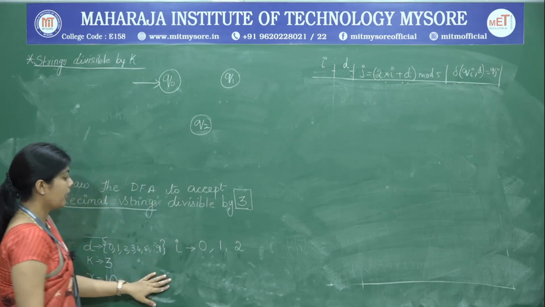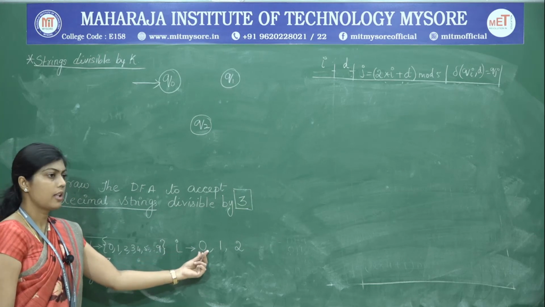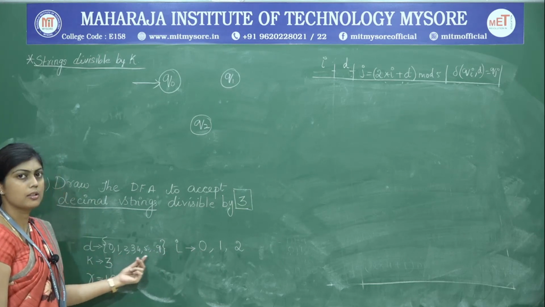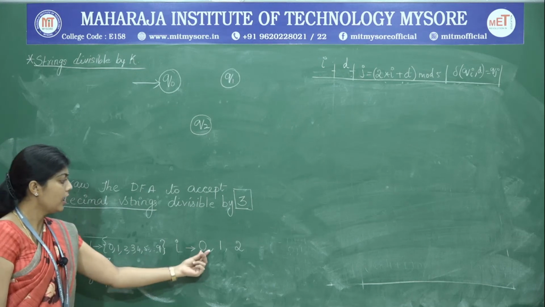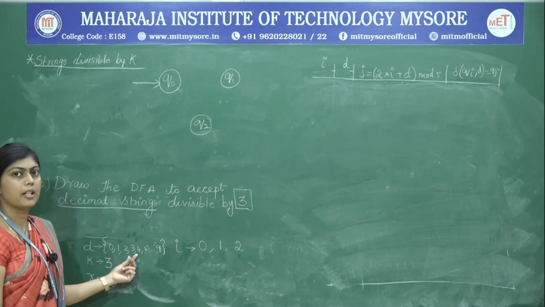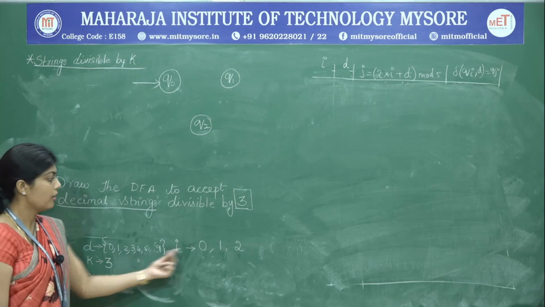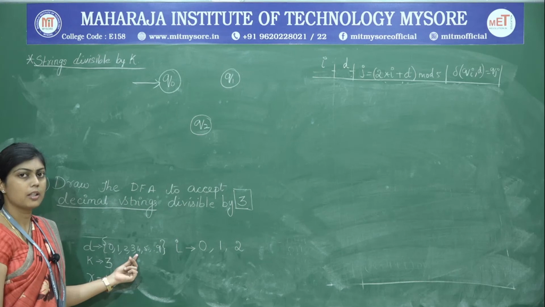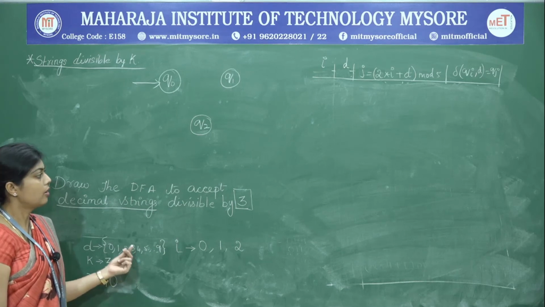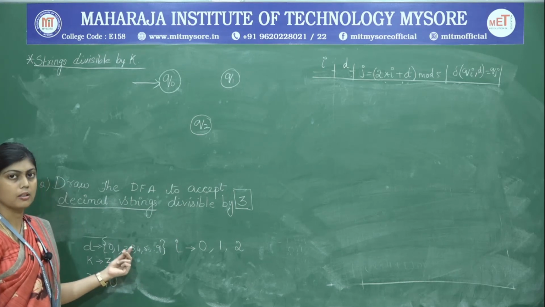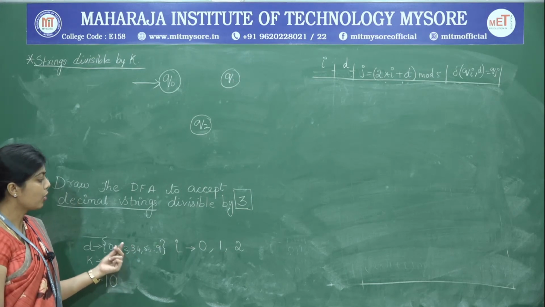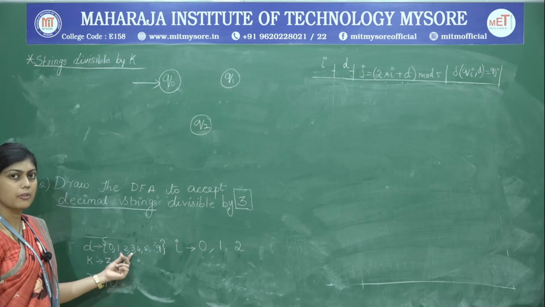So, you can see here that from each state we have to find out the transitions on all the input symbols. Therefore, each state is going to have 10 different transitions. Then the second one is going to have 10 different transitions. So, there are going to be 30 different transitions. In order to simplify the procedure of finding the 30 different transitions, we may group the numbers which give us the same